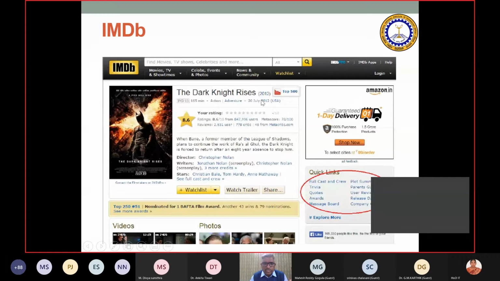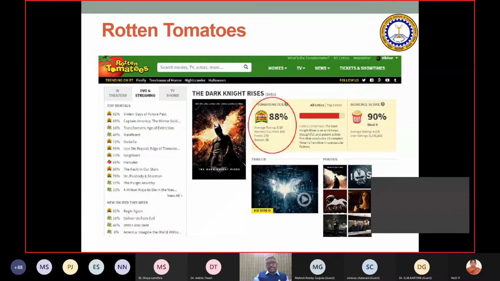So what you need to do is what is called web scraping. You log into the website and then you give the movie name, or the string to be searched. So it searches for you. And then you go and find out and scrape all the information which is related, which you want. Because they knew that they were doing a movie data set, they did a lot of things. Rotten Tomatoes is another website which talks about movies, and you can buy tickets, and on that again you have a score also. Rotten Tomatoes gives a score, right?